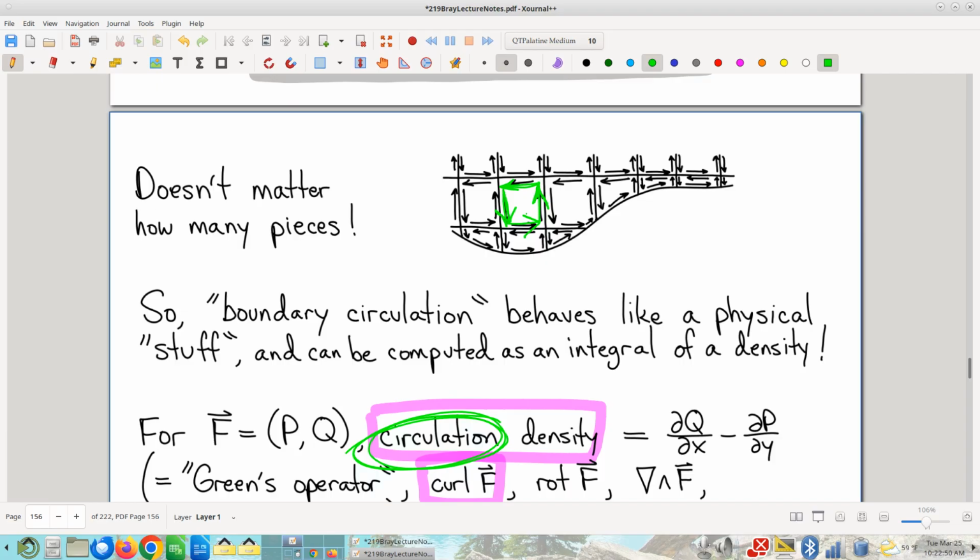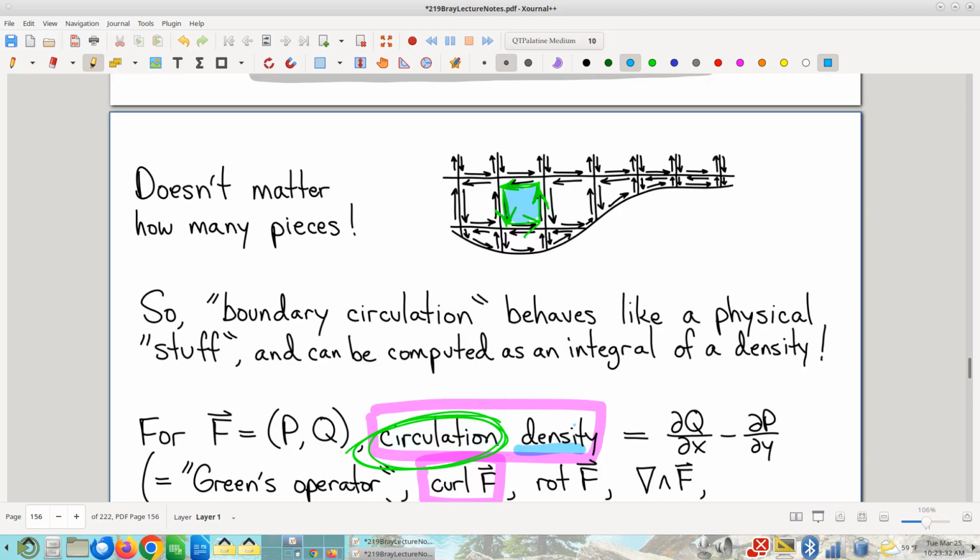Let's remind ourselves. Circulation says, well, it's a vector line integral. Vector line integrals say to what extent is the fluid flowing along the curve. This curve is going around in a kind of like a circle, right? So circulation is literally measuring the extent to which the fluid is kind of going around in a circle, and thus I think the term circulation is actually pretty plausible. So circulation density means, of course, that we're going to divide by the size. So we have circulation per unit area.